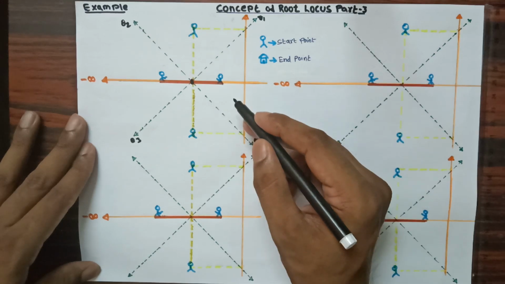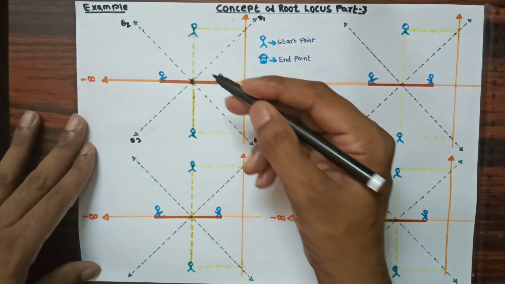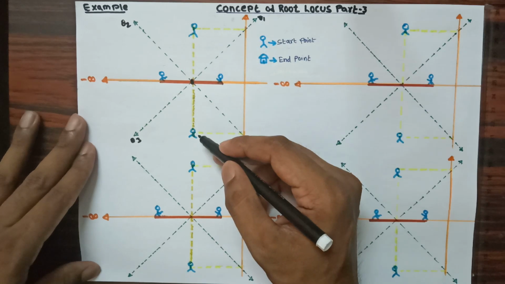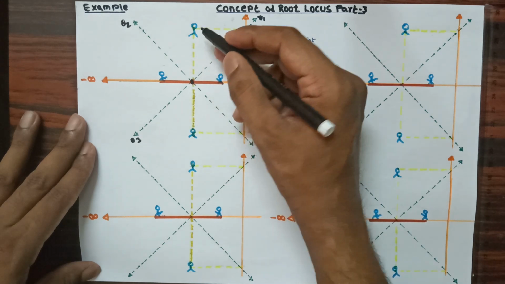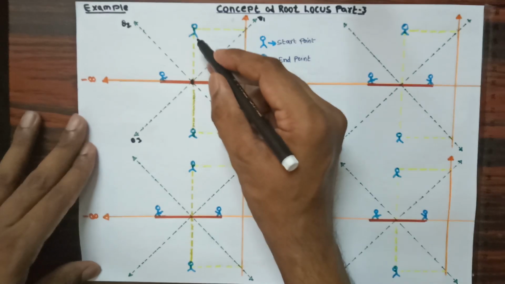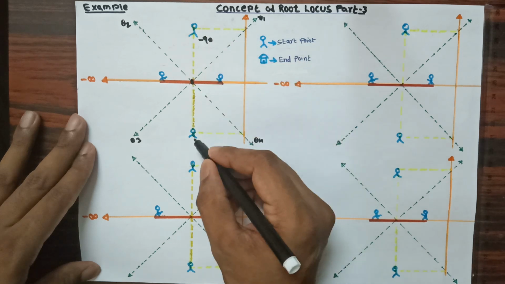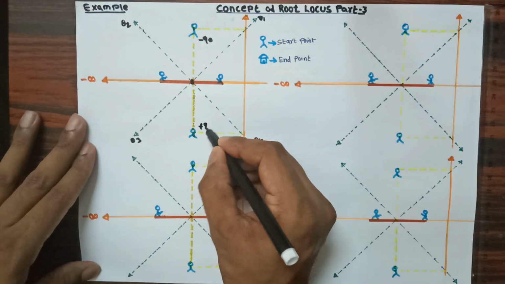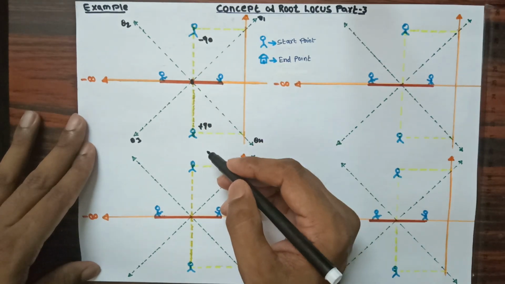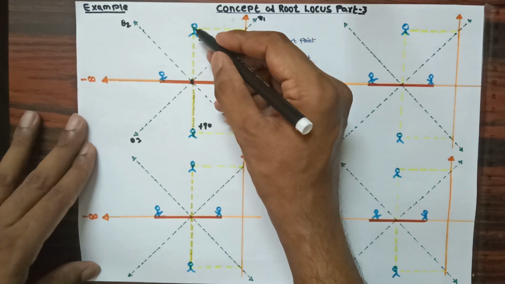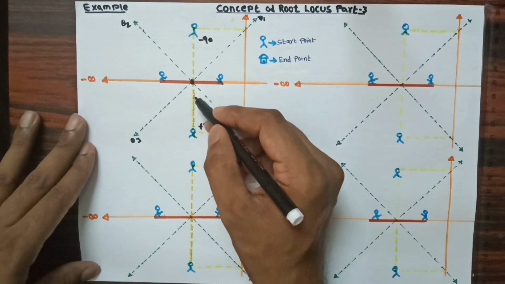So next, when I apply the input, they start to move, and as I said, these 2 need to follow a certain condition. They need to start with a certain angle that we are providing to them. Here I am going to take an example. For this person I am going to provide minus 90 degree, and for this person I am going to provide plus 90 degree. So here I am considering some angle for these 2. When I give the input, this person will start to move minus 90 degree downwards, and this person will start to move upwards plus 90 degree.